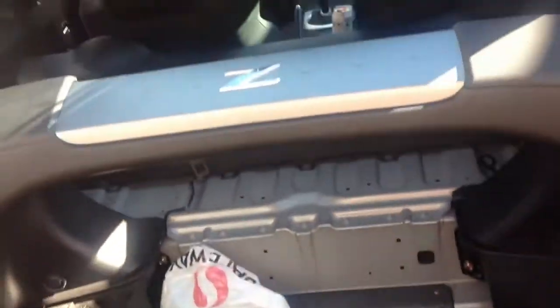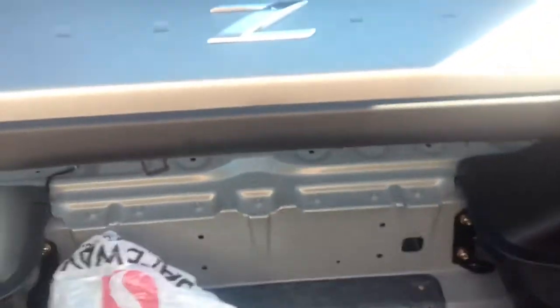I went ahead, since I'm running 19s, we'll pop the trunk, and you know, trunk stays up just fine. There's no issue with the charge cylinders or anything. I took the spare tire out, and I took the top flooring, but I still have that. I just took it out. I didn't see a need for it, so